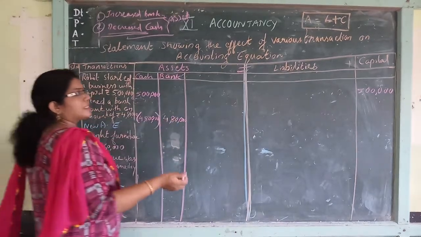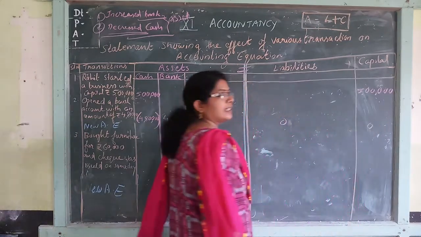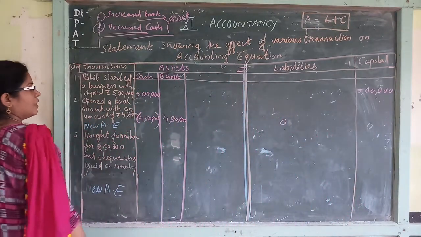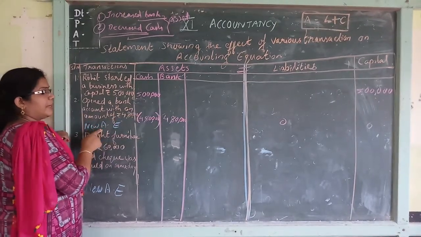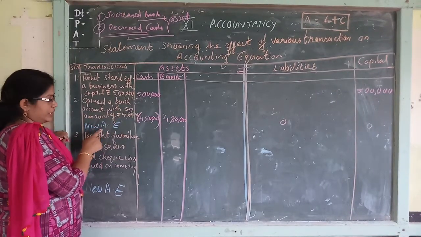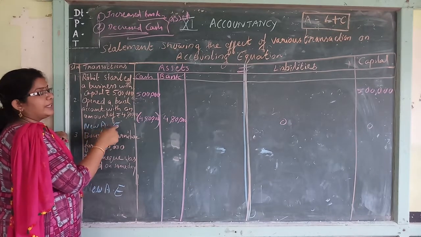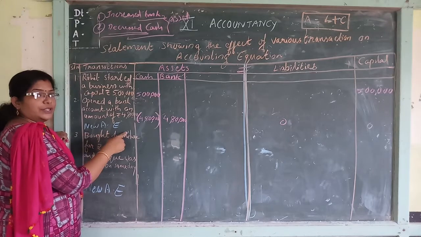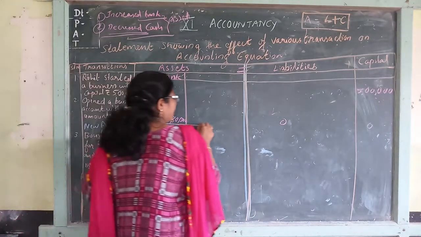This transaction did not affect anything in liability, and did not affect capital. So the next one, after the two transactions are over, you can make a new accounting equation. This new A.E. indicates an accounting equation. You have to create a new accounting equation, so for that I am closing this one.